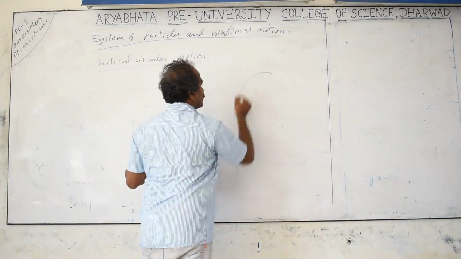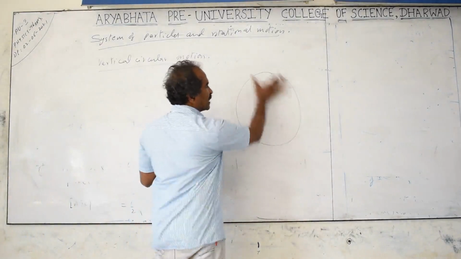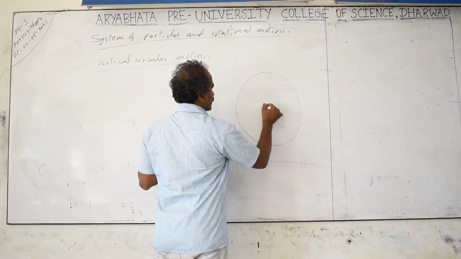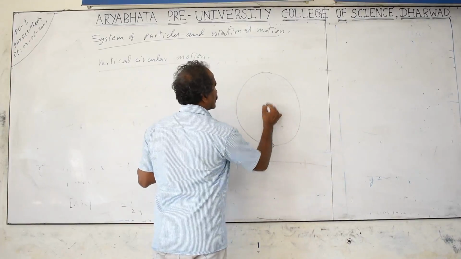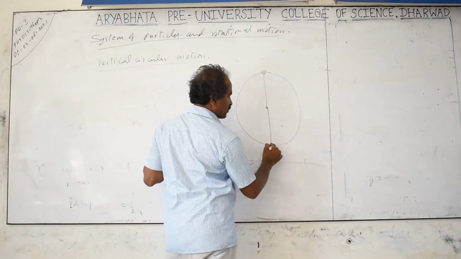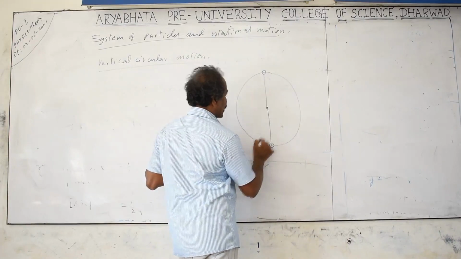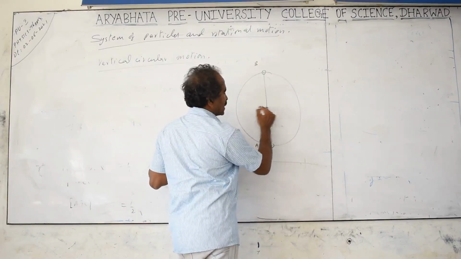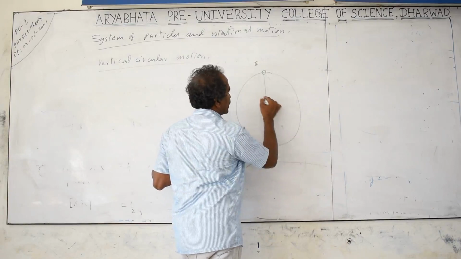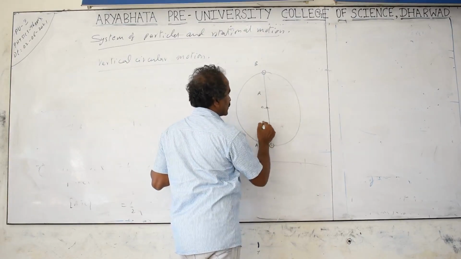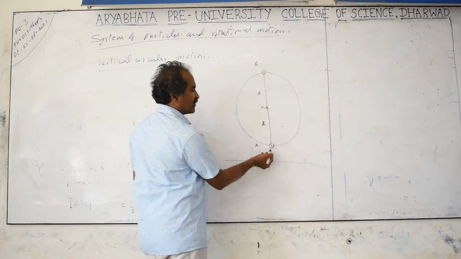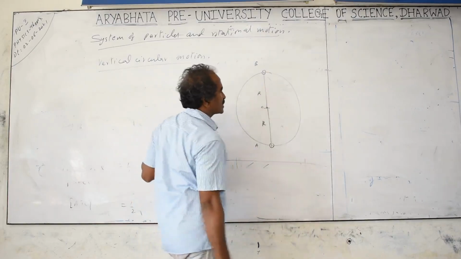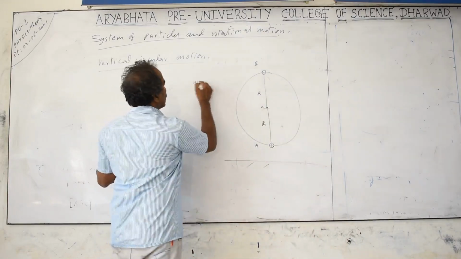Object moving up and down in a circular path, where the plane of the circle is perpendicular to the ground, is called vertical circular motion. This is the bottommost point, point A, and the topmost point I will take as B. A is the center of the circle, this is the radius, this is also the radius. Here the reference potential is the starting point; if you take it as 0, this total height is h. So from A to B the potential energy increases by mgh.